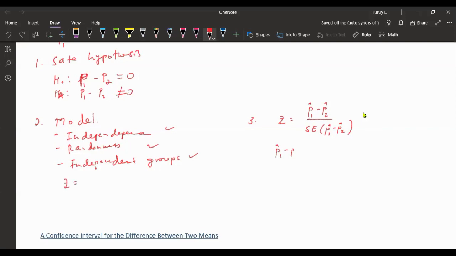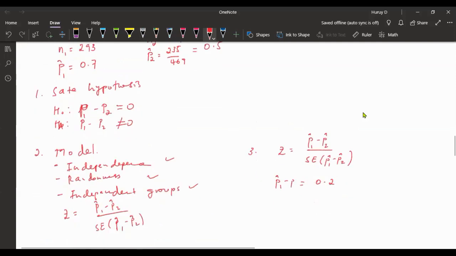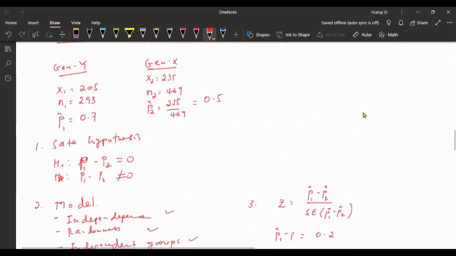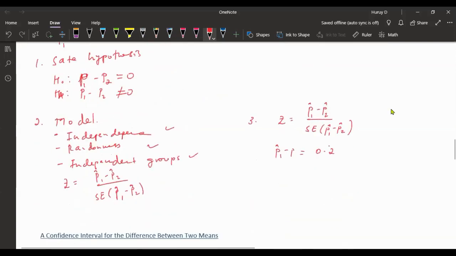I can write the statistic here. So this is 0.7 minus 0.5, which is 0.2. And the standard error of p-hat 1 minus p-hat 2 is